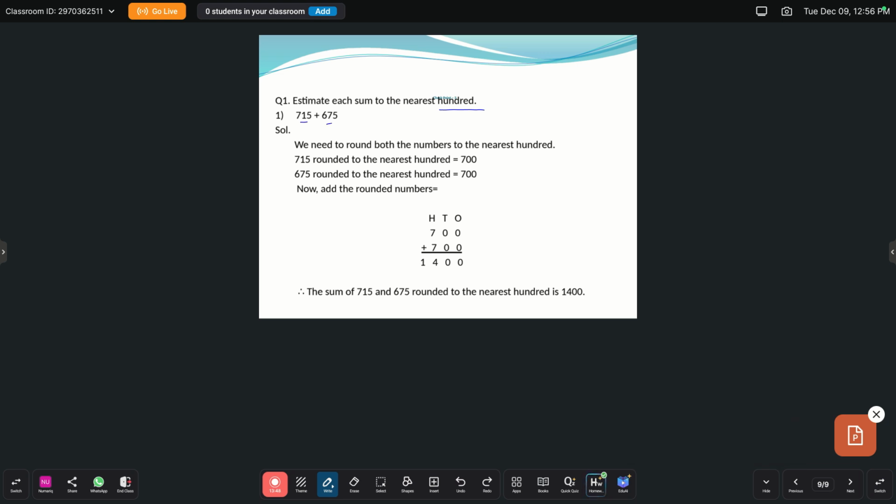Boys, whenever we have to estimate a number to the nearest 100, we have to check the digit at tens place. If the digit at tens place is less than 5,